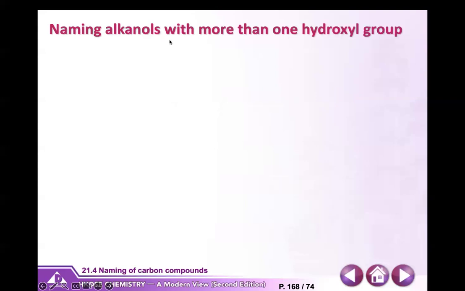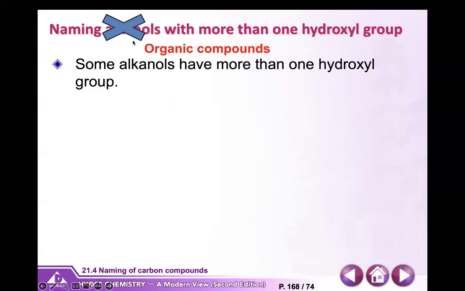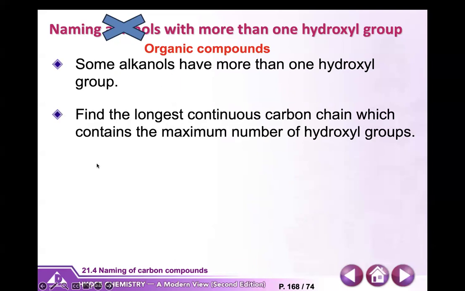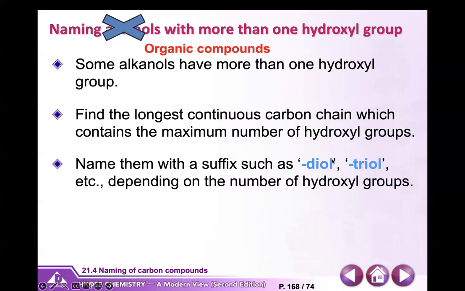So, naming alkanols with more than 1 hydroxyl group. The point is, if there is more than 1 hydroxyl group, we will not say it is alkanol anymore. Instead, we will say this is an organic compound. To name organic compounds with more than 1 hydroxyl group, find the longest carbon chain containing the maximum number of hydroxyl groups, and then add the word diol or triol